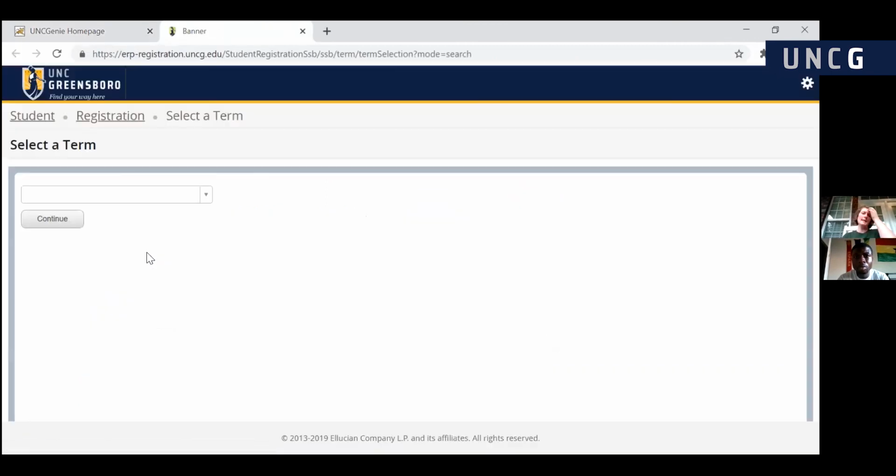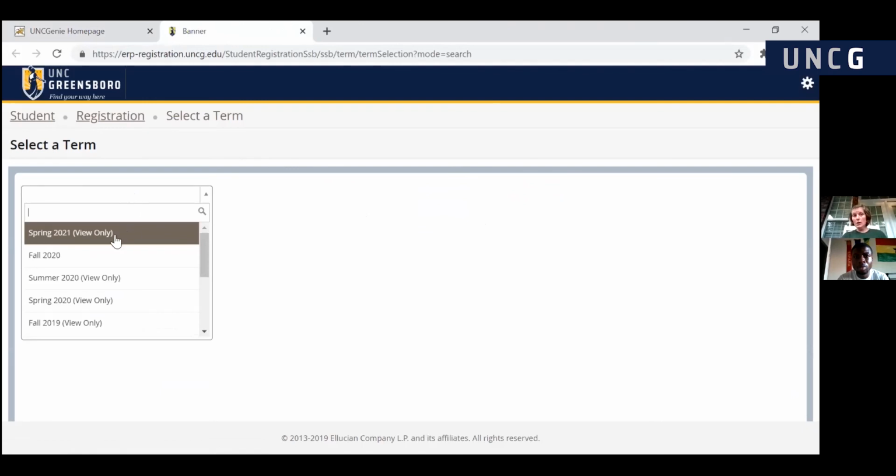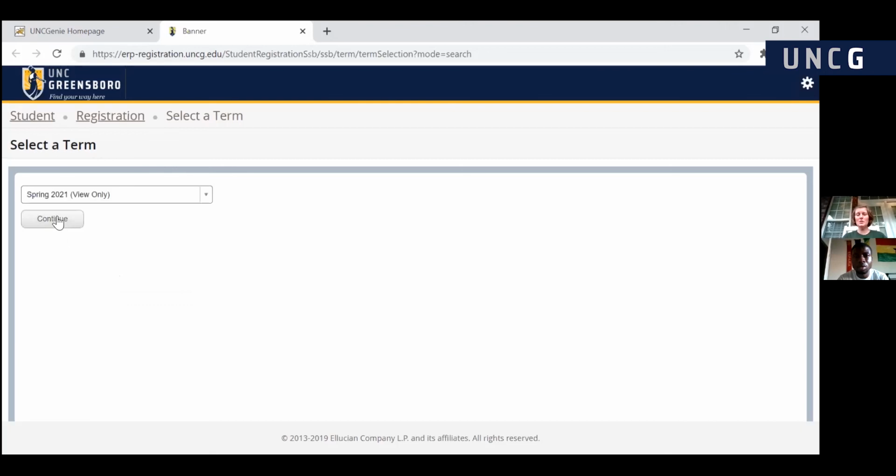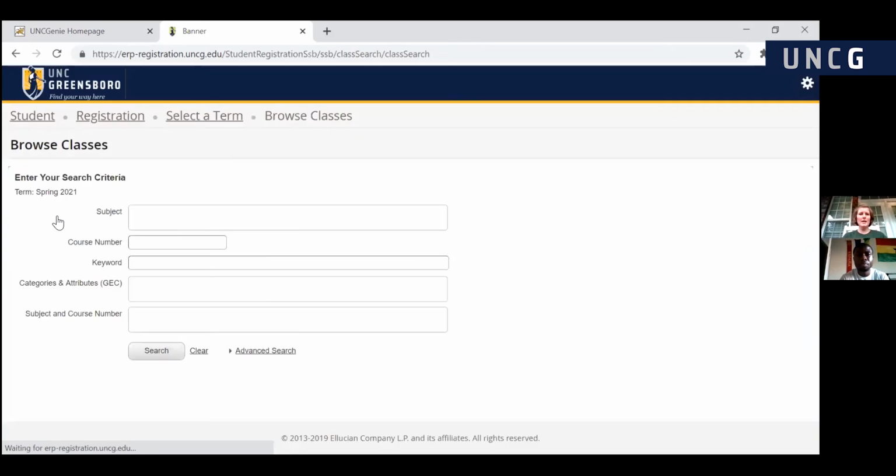So when I click on class schedule, here's where you can see there's a drop-down box. And look, right now it says view only for spring of 2021. I'm outside, so I don't know if you hear cars zooming by me in a road nearby. Either way, apparently you can look at the spring 2021 courses. This was not uploaded earlier today.